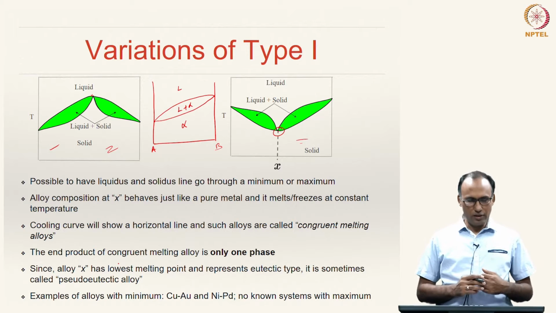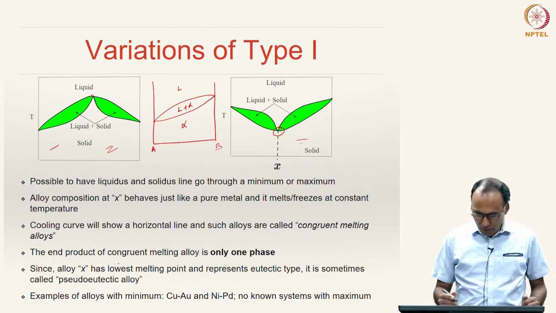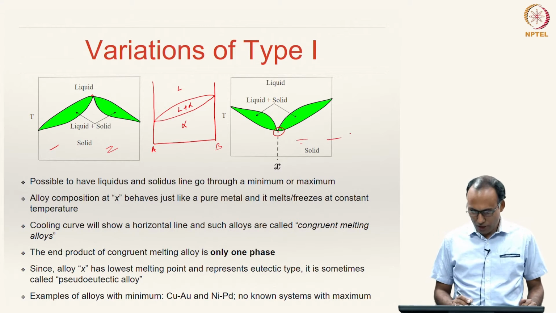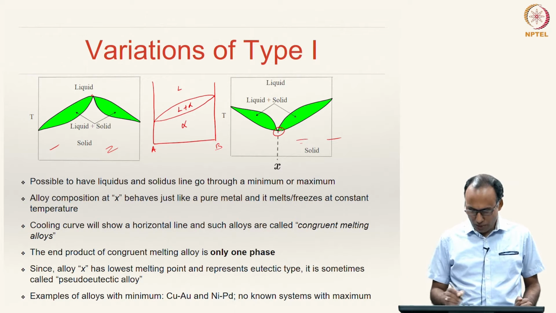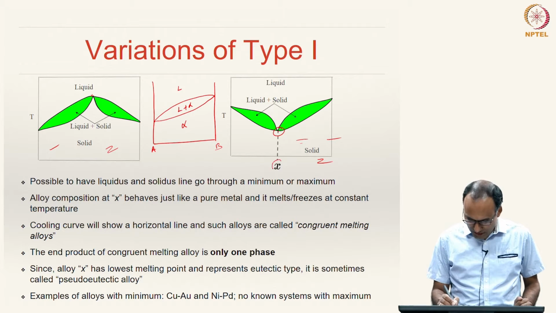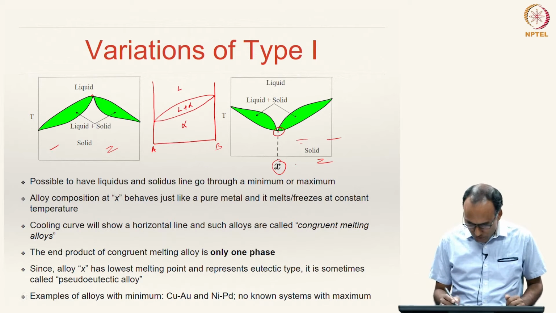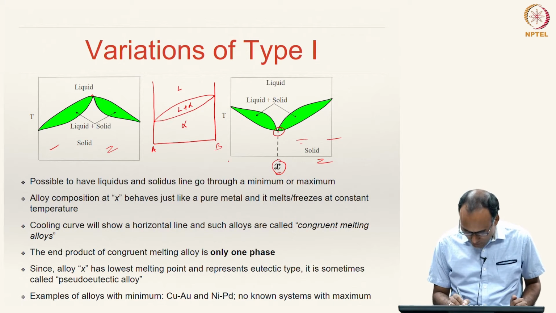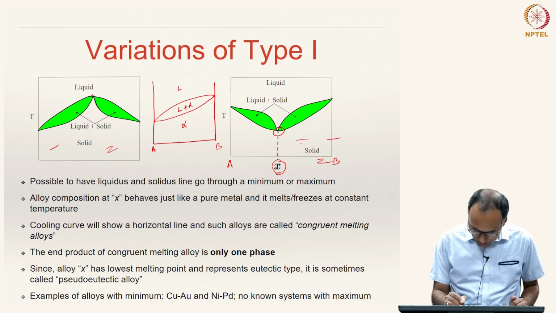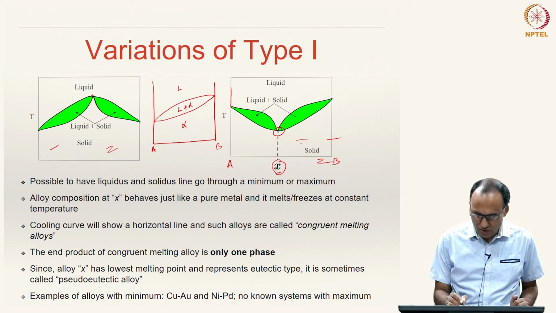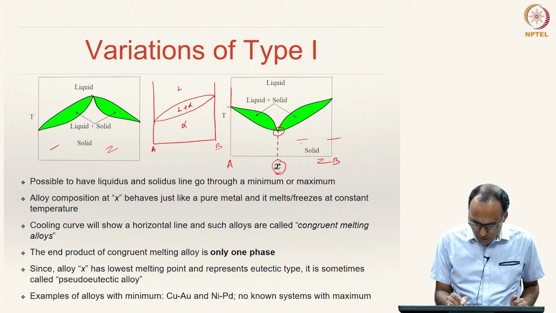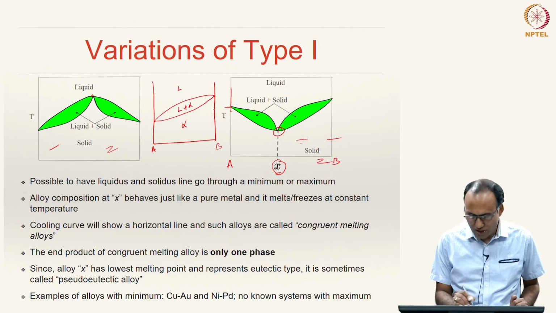So, alloys of this kind are also possible. If you look at the isomorphous alloy variations with a minima that is shown on the right hand side here, let us say you are looking at the x composition. So, for instance, let us now compare the solidification of the alloy x with solidification of A and B. Here when you are solidifying from the liquid state, A solidifies at constant temperature, right. Just above this temperature it is liquid, just below that temperature it is solid. The solidification happens at constant temperature.